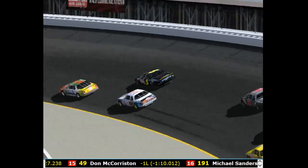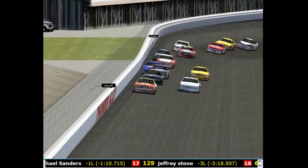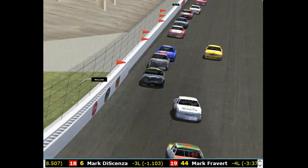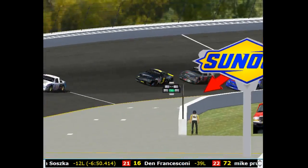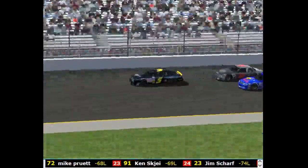Sean Johnson has to run the outside line until we exit turn 2. Now the race is on. And Derby Don was able to take advantage of that, get around Sean Johnson with the preferred inside line. And he was able to tow Mike Sanders again with him, so both guys get back on the lead lap for the time being. Now Matt Watkins very racy,